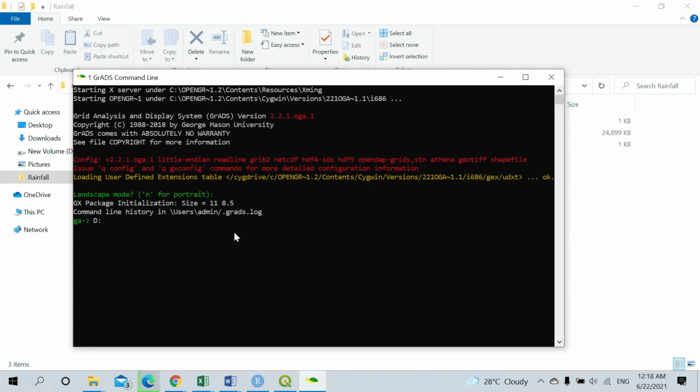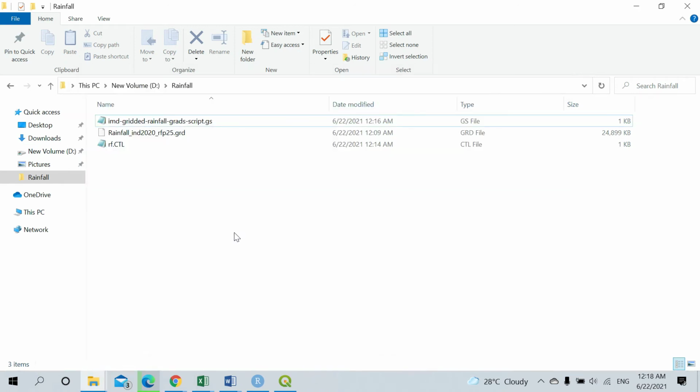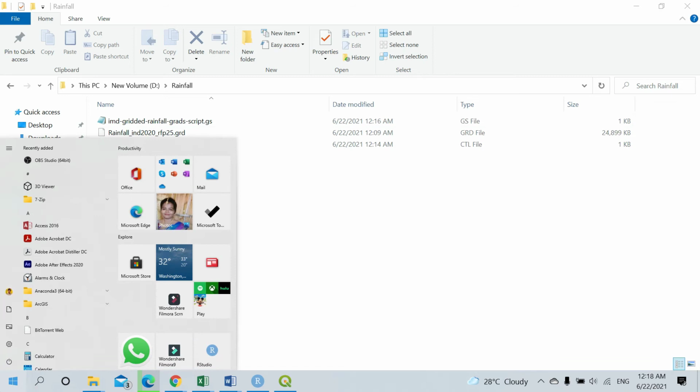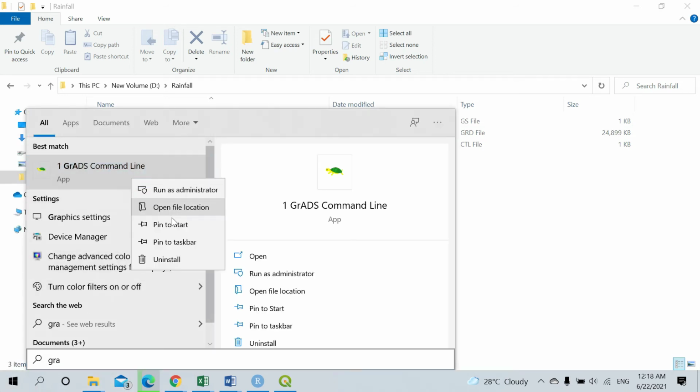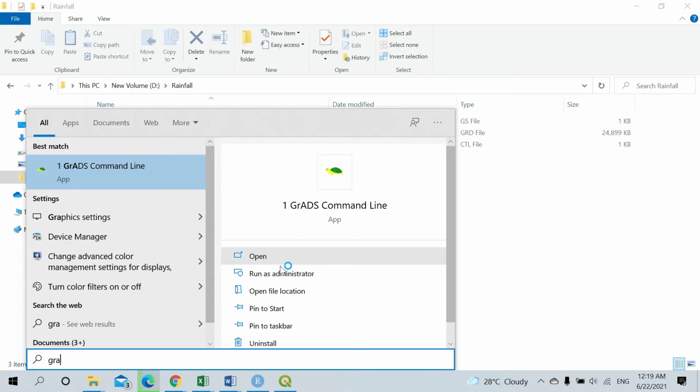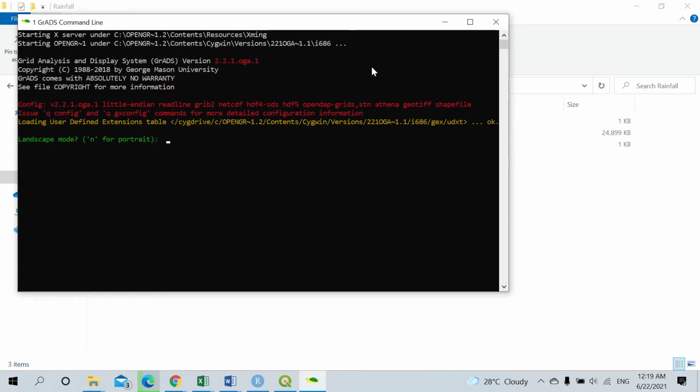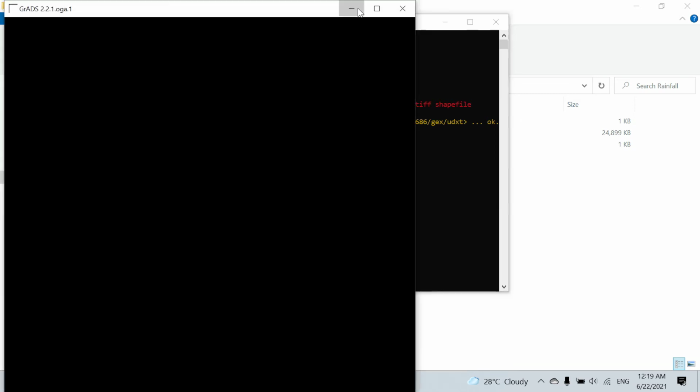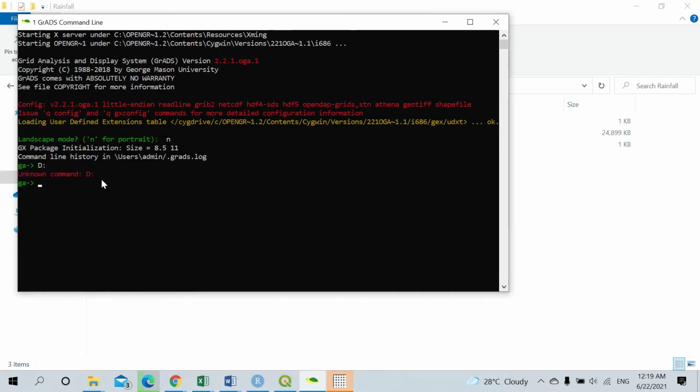My data is in D colon, so I'm entering D colon. If it is in E colon, enter E colon. C colon means C colon. That is up to you. I'm entering D colon. You have to go to CD and then give D colon. So now I have entered into my D colon, and now I have to go to the folder called